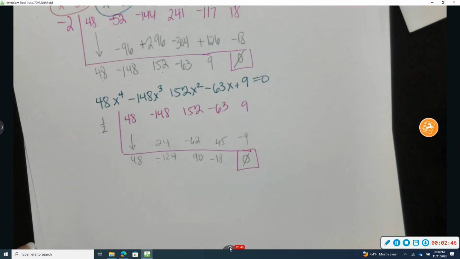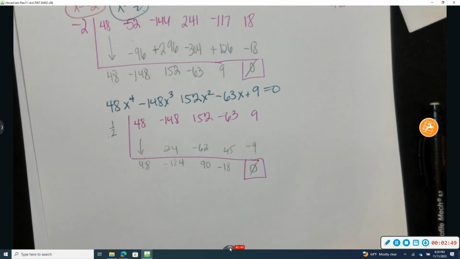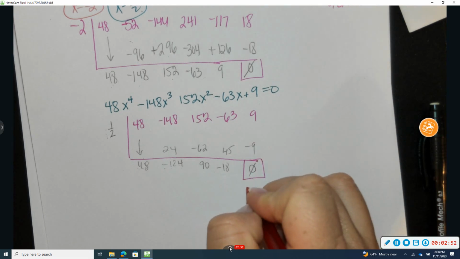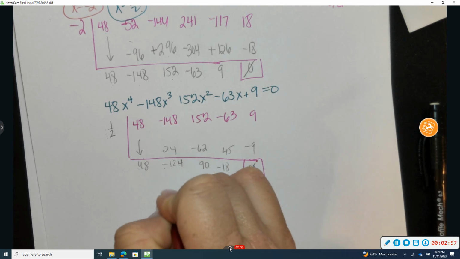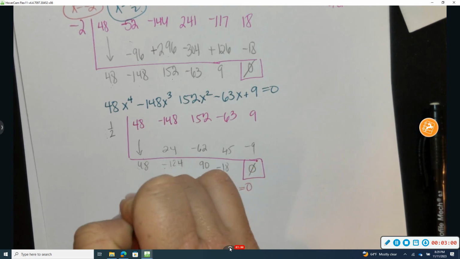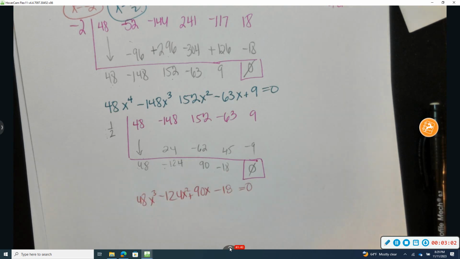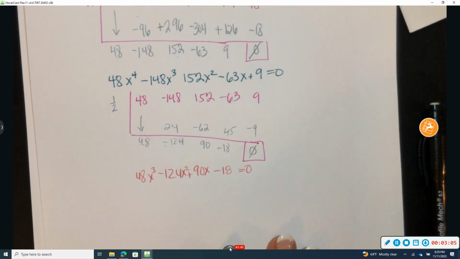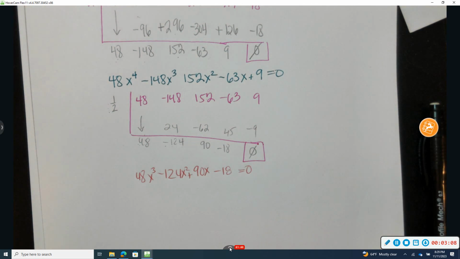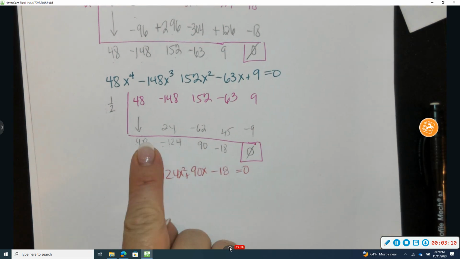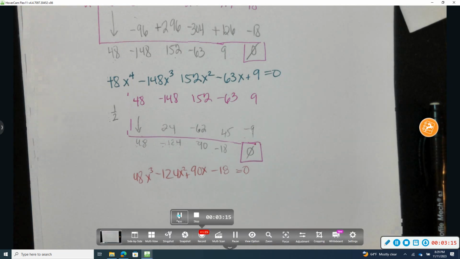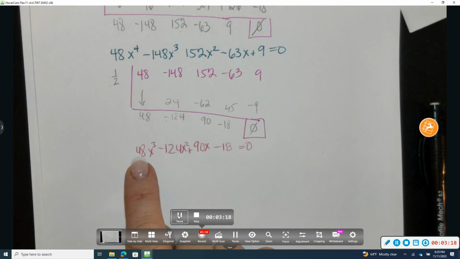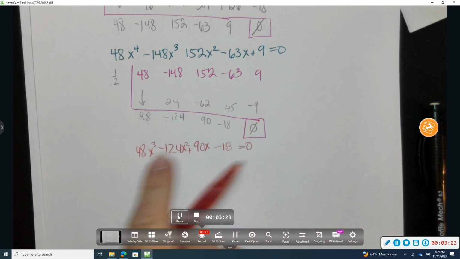Okay, so I'm going to write this down now, and this is going to be 0 equals -18, 90x, -124x squared, and 48x to the third. Making sure that's 0, 1, 2, and 3. Okay, that's looking good. And I can see this is not going to be able to work with factoring by grouping. And why do I see that? Notice how if we think of this as what we can factor out, and yes, I can factor something out,